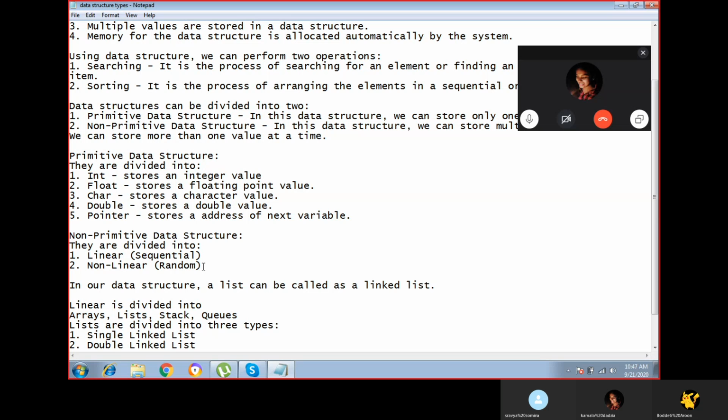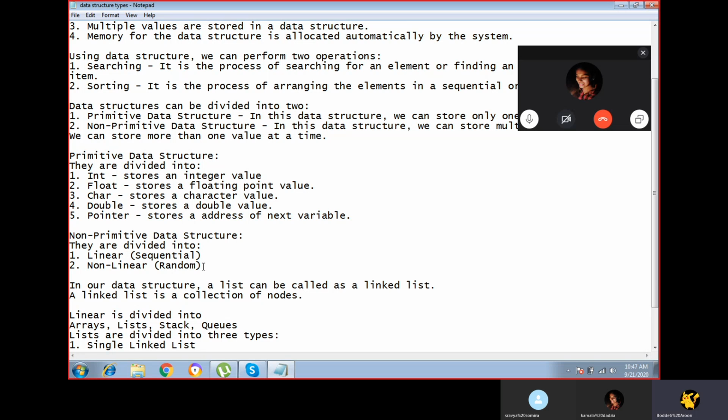So what is a linked list? A linked list is nothing but a collection of nodes, where each node will be pointing to the next node.